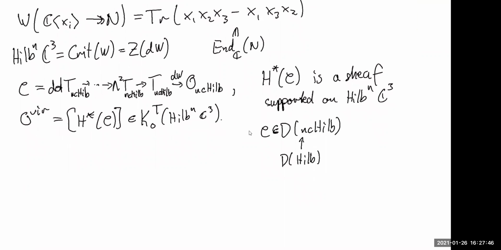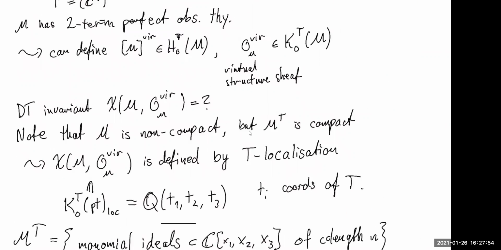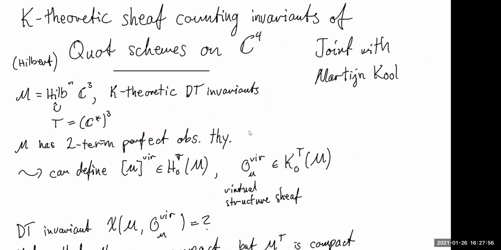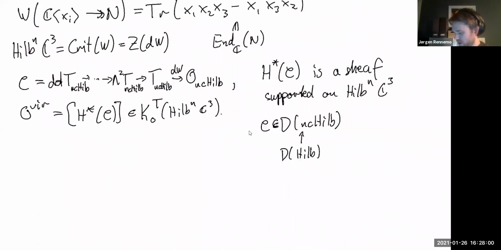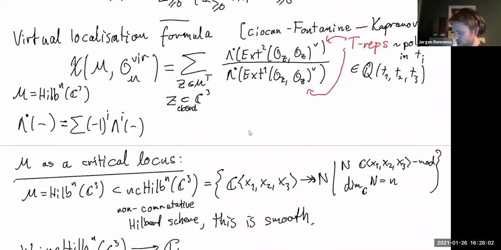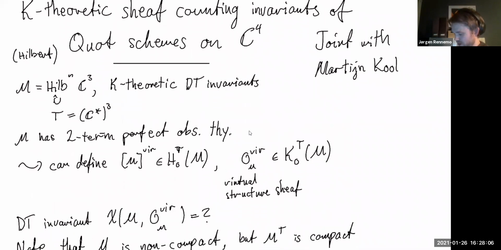Sorry, Jørgen, can I ask one other question? Yes, please. At the beginning, you had two-term complexes. Two-term, yes. Which are obstruction. Yes. That seems to be longer than two terms. Right. So this isn't the obstruction theory. So the two-term obstruction theory. This is an object. So that's right. So the obstruction theory is